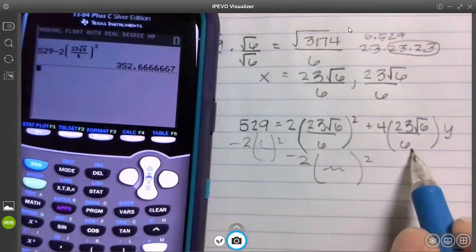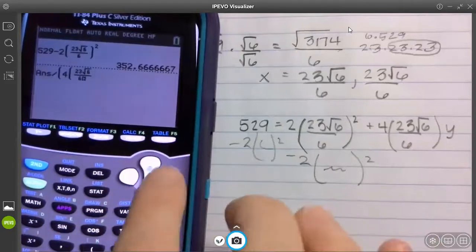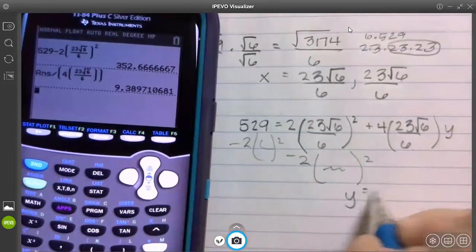And then we need to divide by all of this, 4 times 23 over 6. So divided by parentheses 4, open another set of parentheses, alpha y equals 23 square root of 6 over 6. And again, I'm hoping this works. And it says that y is going to be